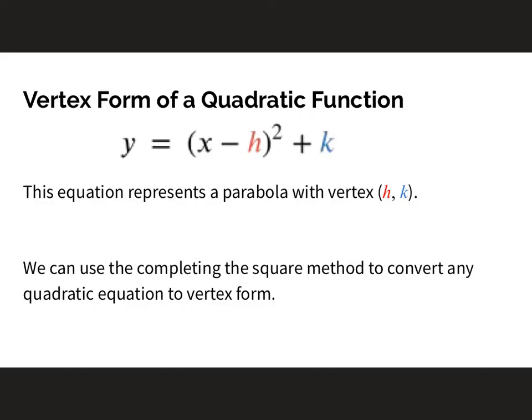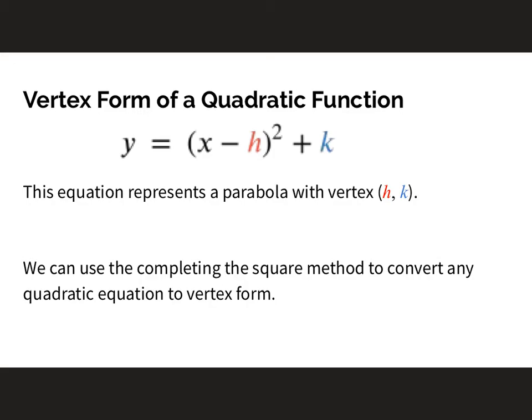So we're actually going to go a little bit more in depth about what that connection is between that axis of symmetry equation and our formula that we use in order to complete the square, right? So when we complete the square, we can actually very easily convert our quadratic function into something called vertex form. And vertex form is just rewriting our quadratic equation so that we can easily tell what the vertex of our